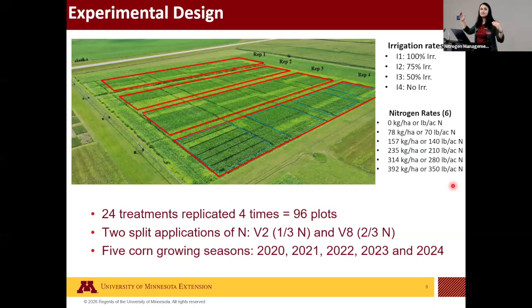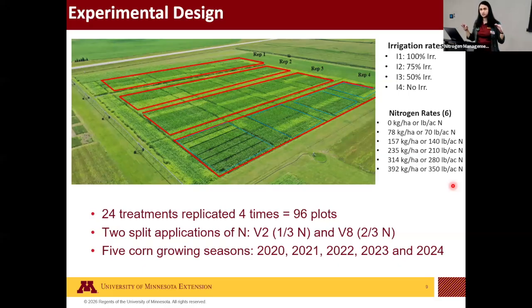If we would have 5 or 6, that would be better, but you all know it all depends on funding as well. We can't have like thousands of plots. So we stopped at 4 irrigation rates to create that response curve. So in total, we had 24 treatments that were replicated 4 times, so 96 plots at both locations, and we